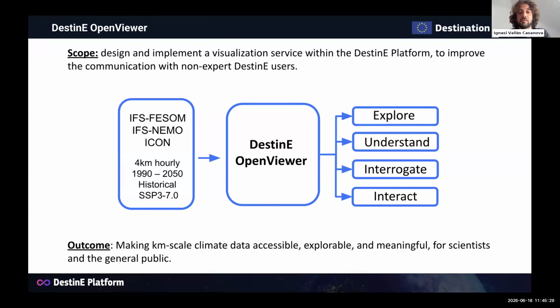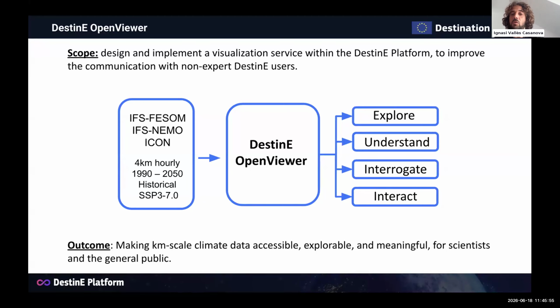So the idea of this OpenViewer is to be a window where the users can access this set of kilometer scale models of high resolution. As you might guess, it's hundreds of gigabytes, a lot of terabytes of data that, without enough computational resources or some expertise in code, users normally don't have the ability to explore.